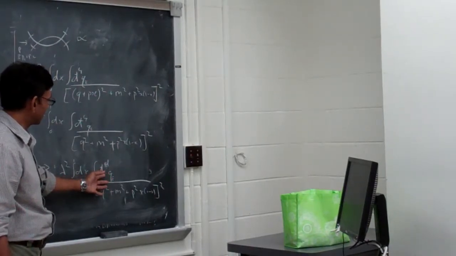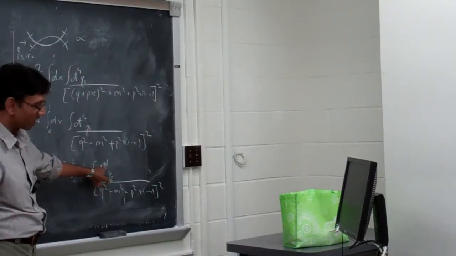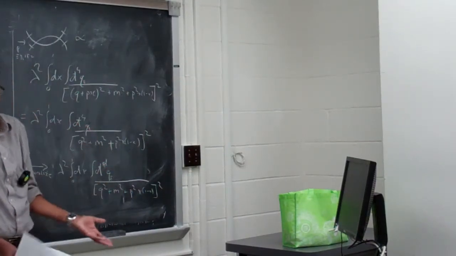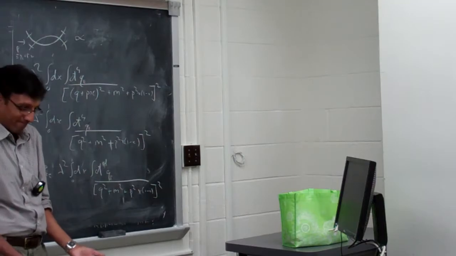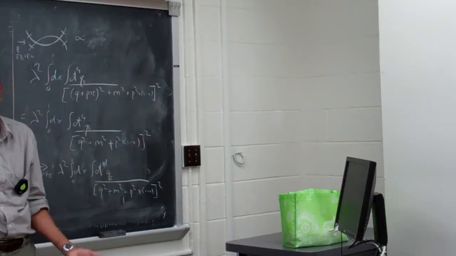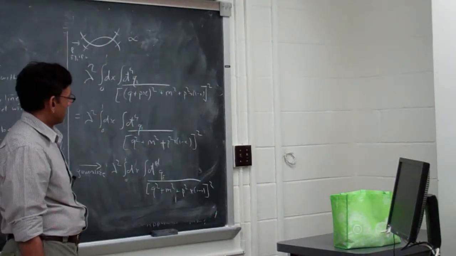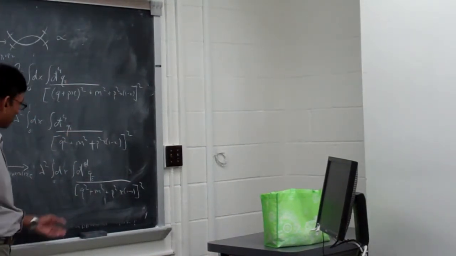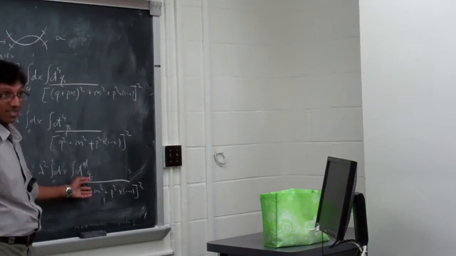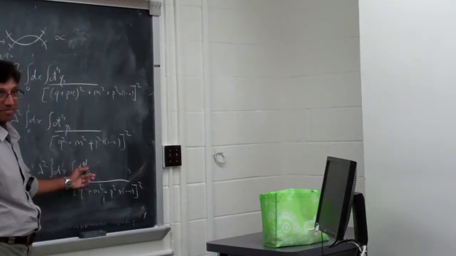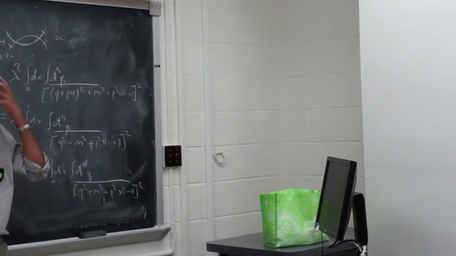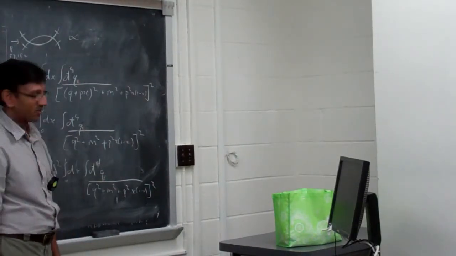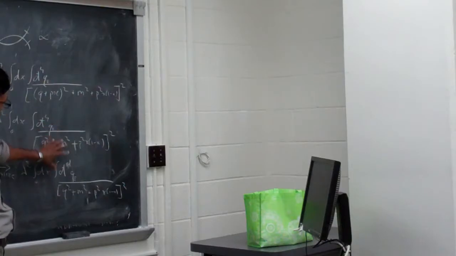The difference between this for d very close to 4 and d equals 4, the two things would be essentially so close to each other as to make no difference. But this integral is divergent. And we are going to try and make sense of this for complex d. And the only place it makes a difference is for the divergent part. Okay? So the infrared part of this and this,